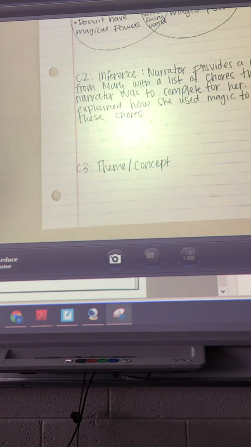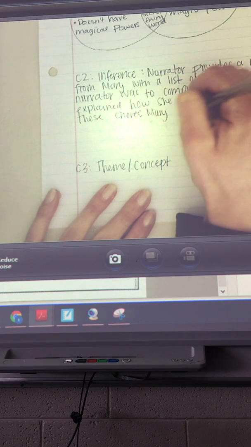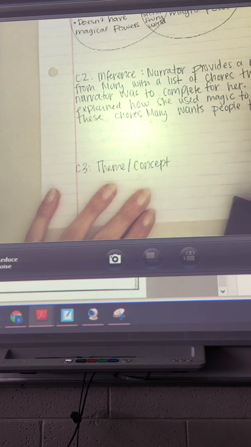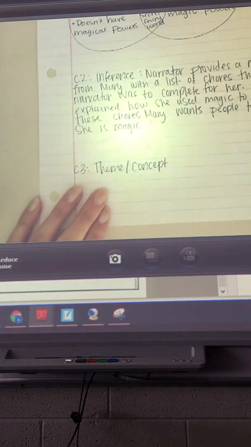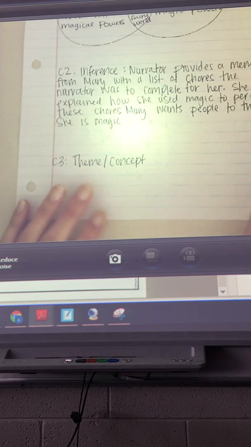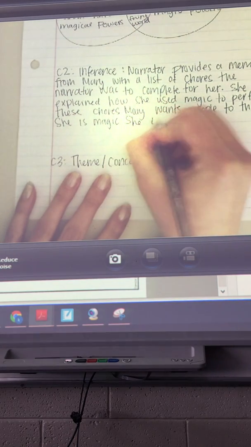Now, again, inferences have evidence, so it says, what inferences can you make about Mary Poppins based on the story? So, based on evidence, we've made an inference that obviously Mary wants to look like she has magic powers. So, Mary wants people to think she is magic. And we can really infer that she's a liar, right? That's what a fraud means. A fraud means that you are saying that you're someone, but you're not actually that person. So she is a fraud